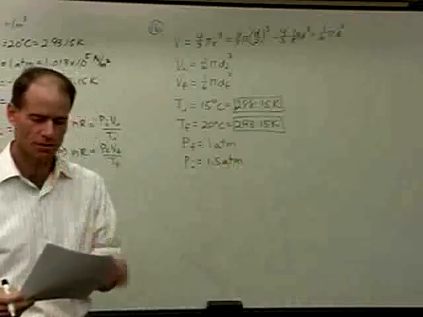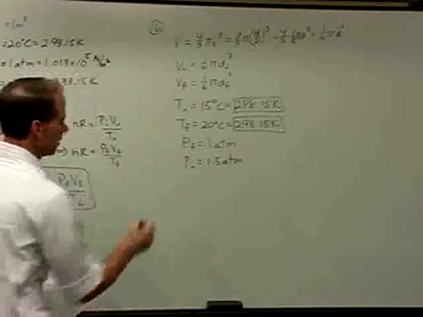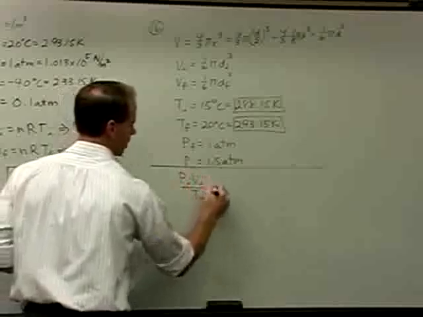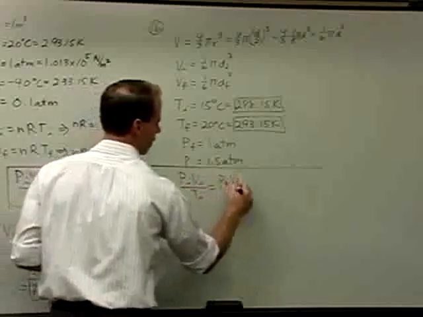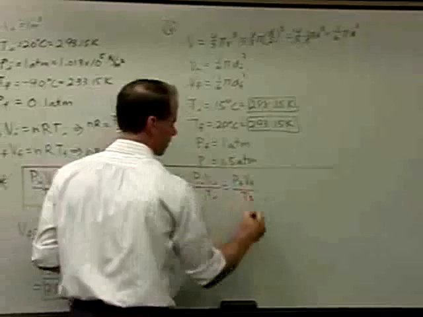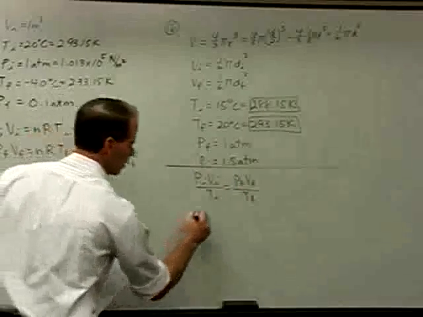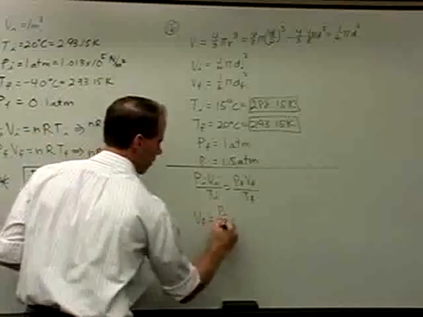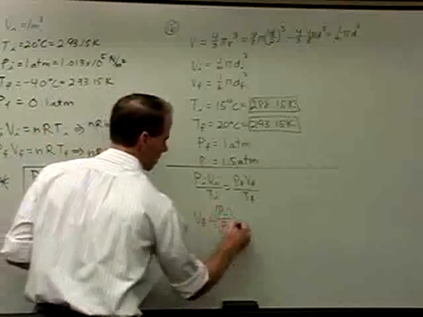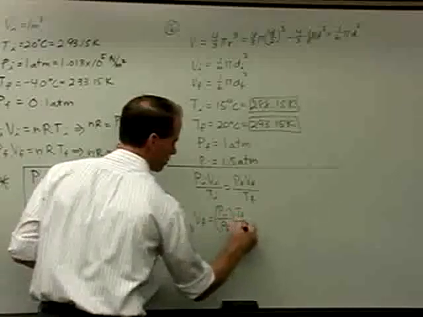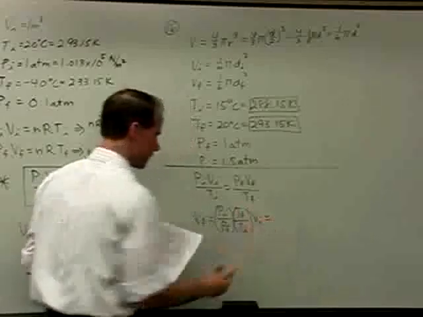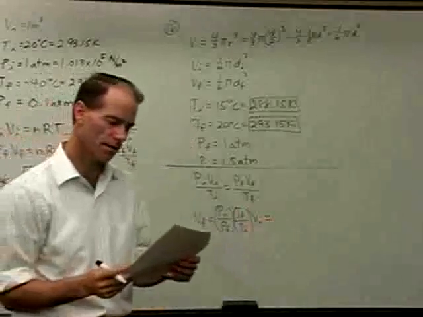So let's use the ideal gas law relationship. P initial, V initial over T initial equals P final, V final over T final. Solve this for the final volume. So the final volume would be P initial over P final times temperature final over temperature initial times the initial volume. If we put in our values,